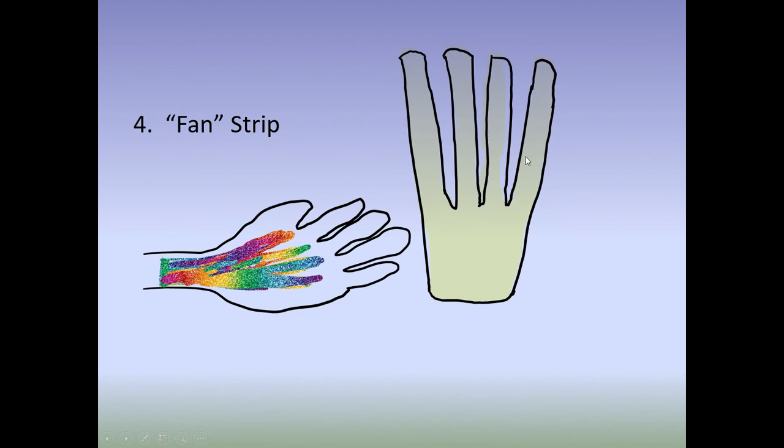Fourth one, fan shaped. Fan shaped tape looks exactly like this, to be cut with rounded edges. Fan shaped tape is known to drain the edema towards the base. So please make sure when you apply fan strip tape, the base, toward which the drainage occurs, should be located near the lymph nodes, so that the edema gets drained into the lymph nodes.